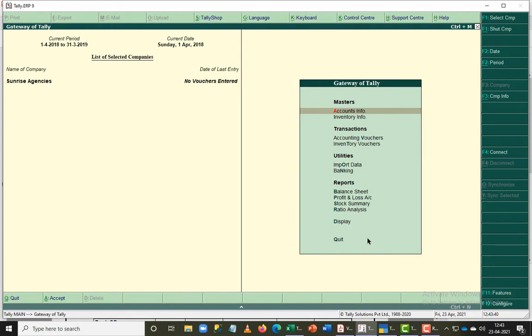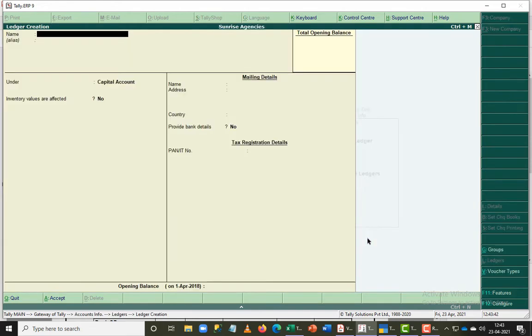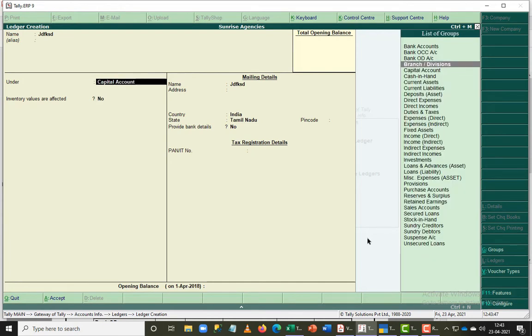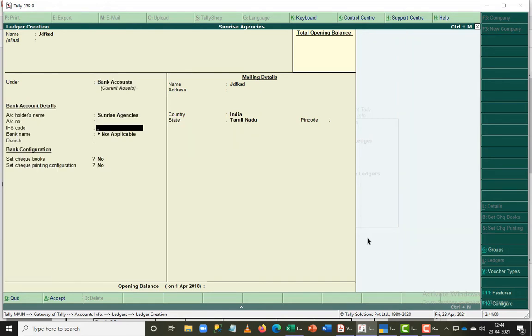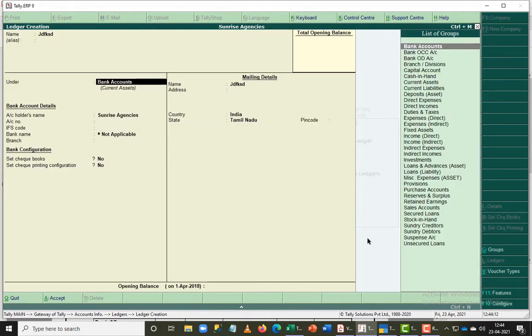But if I want to navigate, for example, I have gone into a particular screen, and if I want to come back, I can either use an arrow key here. But when you use an arrow key, if a drop down list comes, like on the right hand side, where I have a list of groups, then it won't go beyond that. So whenever you have to go back and forth here, always use the backspace button to go back. If you want to go forward, enter. To go backward, use backspace. It's better that way, so that allows you to handle the data better.